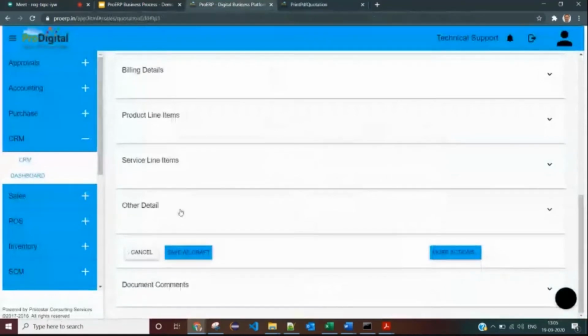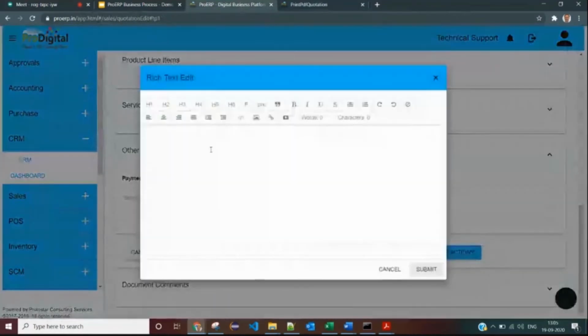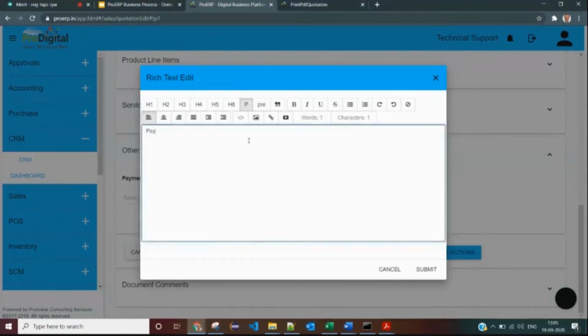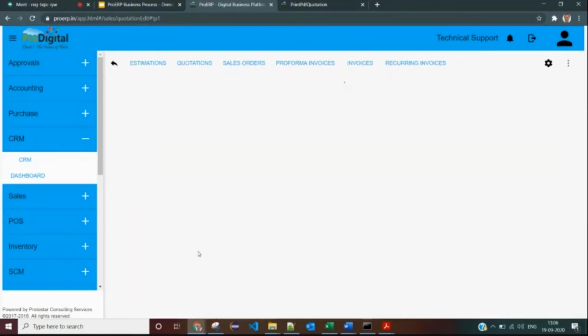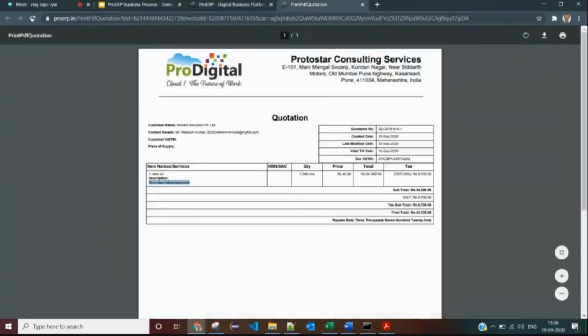Let me go down and add, you can literally add detailed payment terms. Payment terms will go here. Okay, and save. 1, 2, 3. If the payment terms are added, your other terms and conditions are added, those will be shown on your quotation